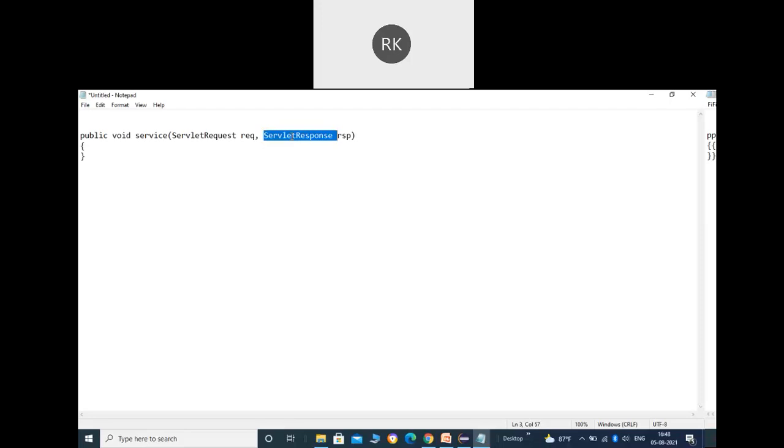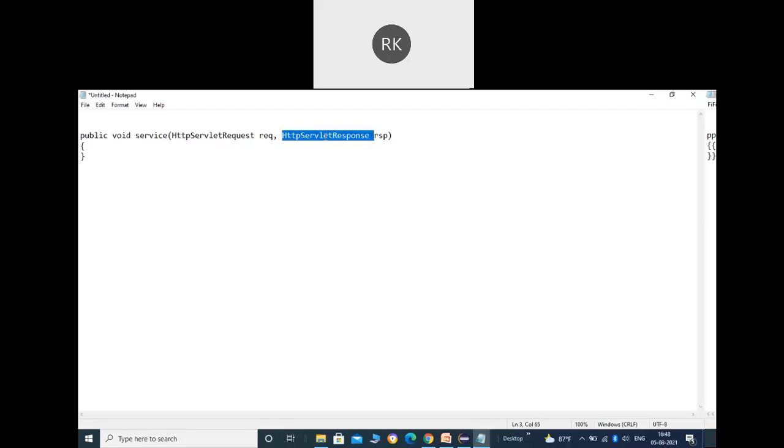And I told you the ServletRequest corresponds to the HttpServletRequest that the client will send to the server, and the ServletResponse corresponds to the HttpServletResponse that will come from the server back to the client. Here we are going to see what methods are available to ServletRequest and ServletResponse.